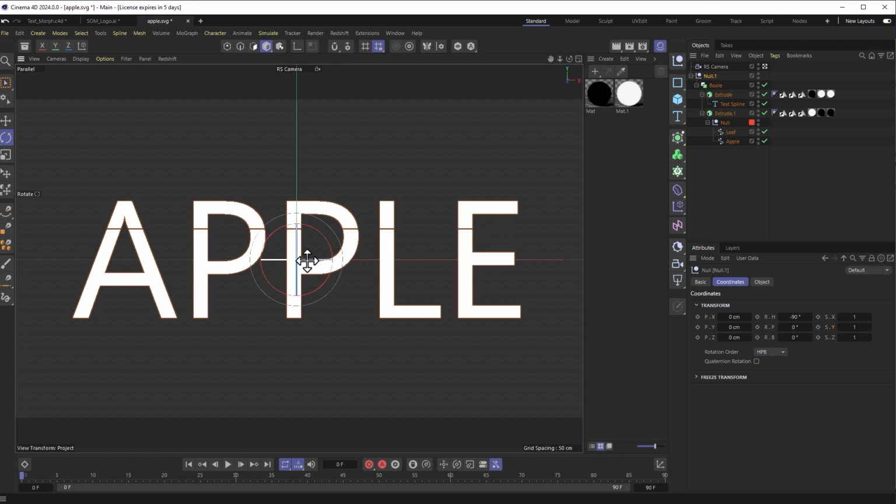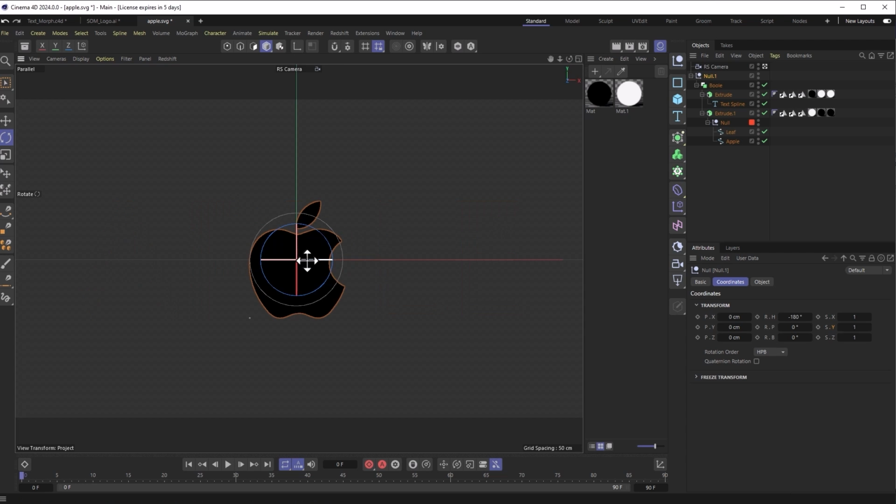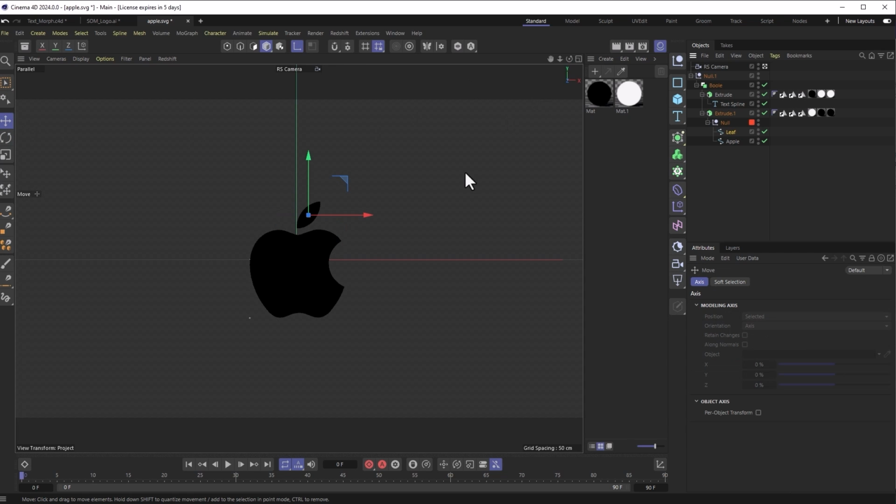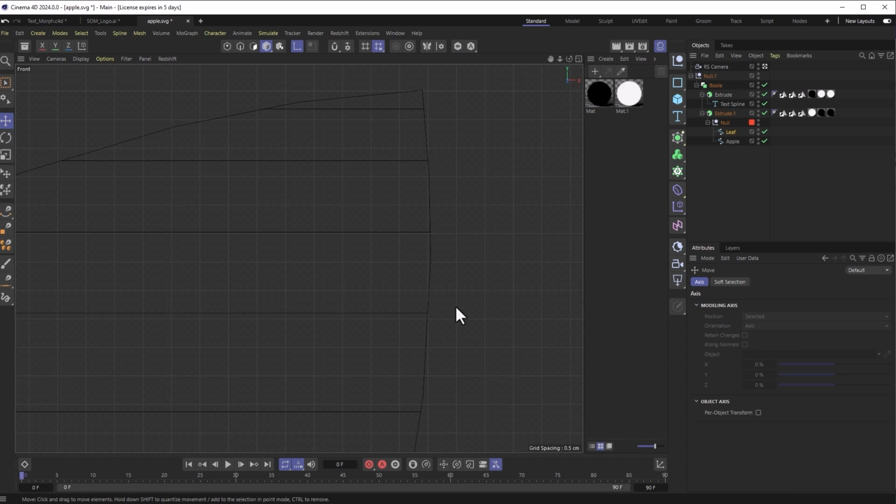And the way that you can fix this, so let me just bring this back, is to scale the leaf a little bit. Now, I know, messing with the logo, I literally heard every designer in the world just collectively gasp. Just hang with me for a minute, okay? So the way we're going to do this is I'm going to select the leaf here, and I'm going to choose this tool that lets us move the anchor point, and I'm going to step out and come right here into the leaf,